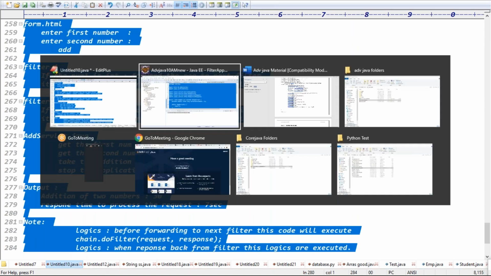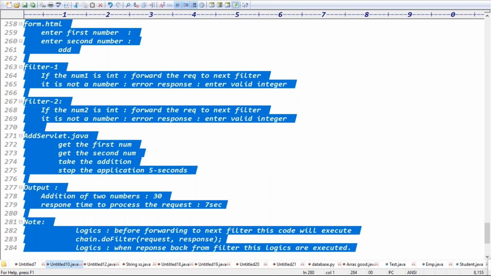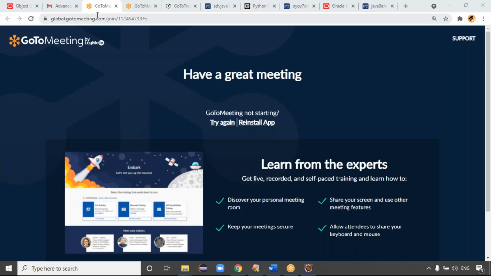Yeah, because you try to complete this example. If anyone has done that example, very good. Tomorrow I'll explain that example, and I'll write one more example with the filter config object, so that tomorrow I will take those two examples and complete the filters. If you haven't completed the example, what do I have to do? Again, I will write the code from starting to ending. We'll do the example. Yes, you understood, right?